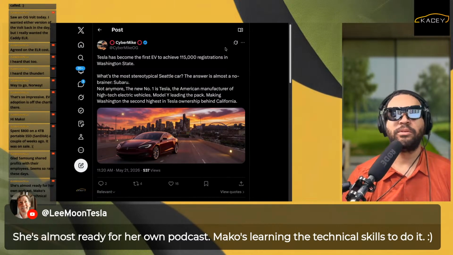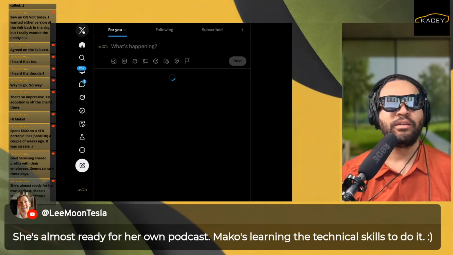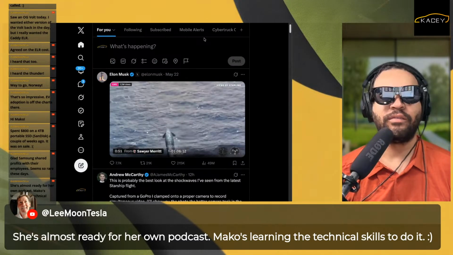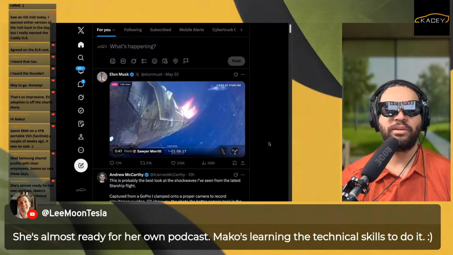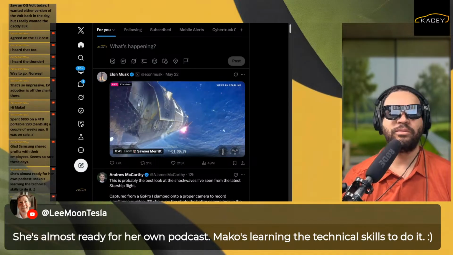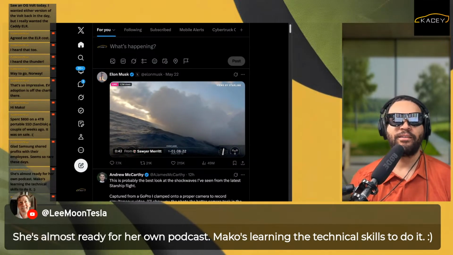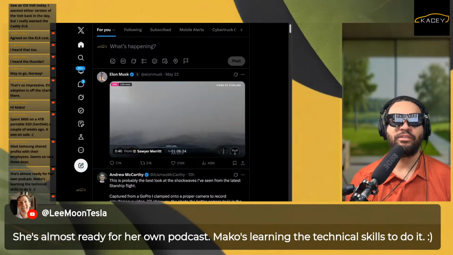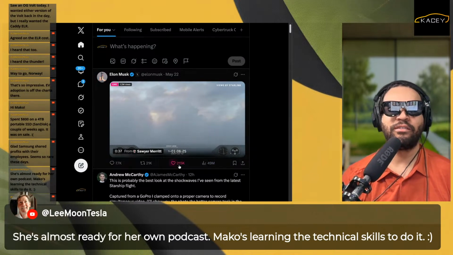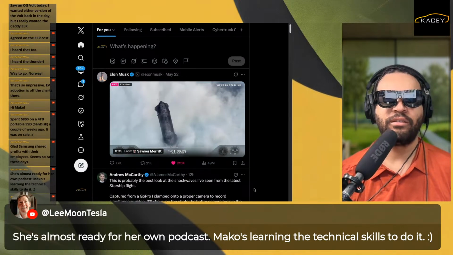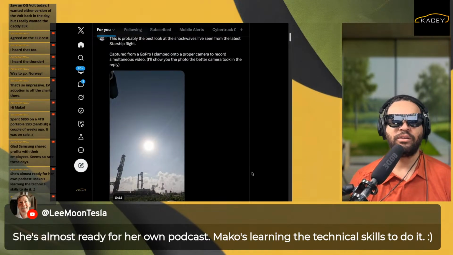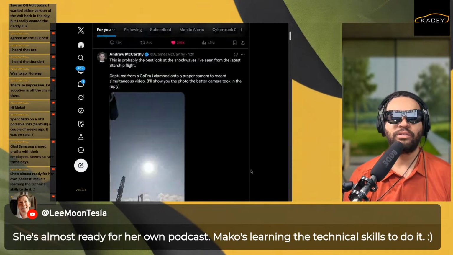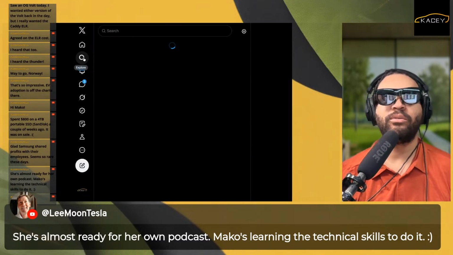Yeah, let me pull you up here on X. Oh, the video of the ship, launch 12, ship 39 coming back to the Indian Ocean. And let's look at shockwaves from a Starship flight captured from a GoPro. That's kind of cool. So now I need to go over here, search for Robert.